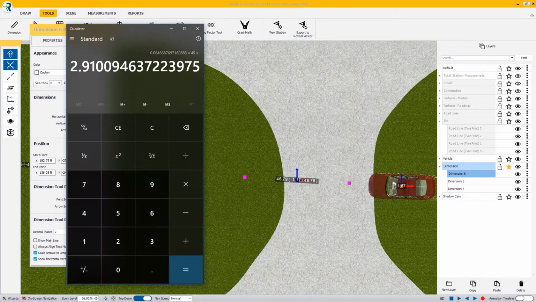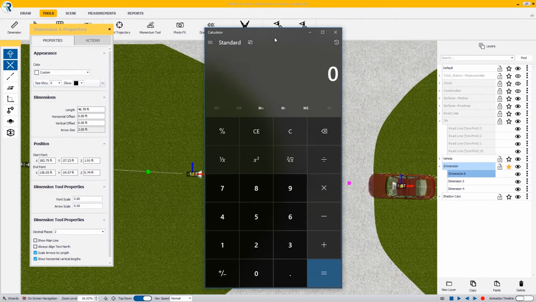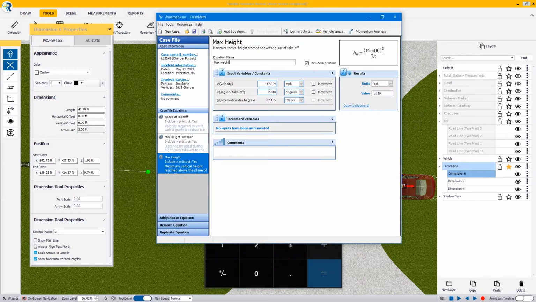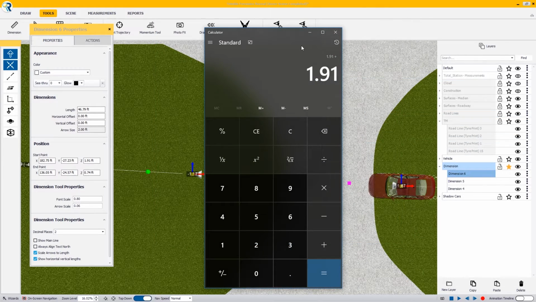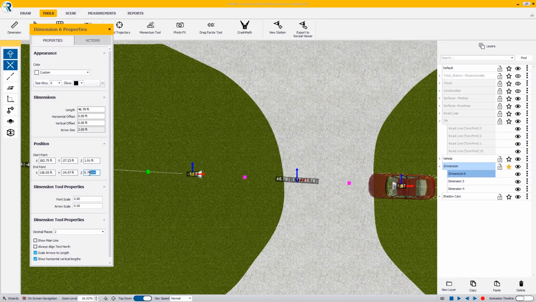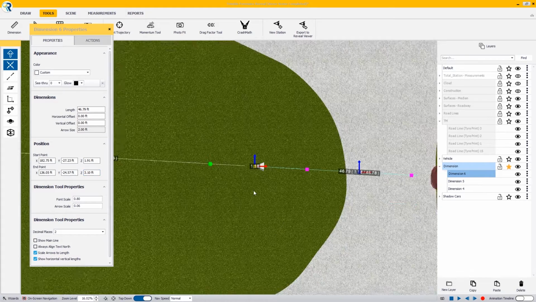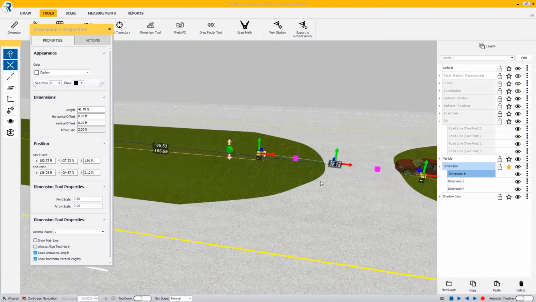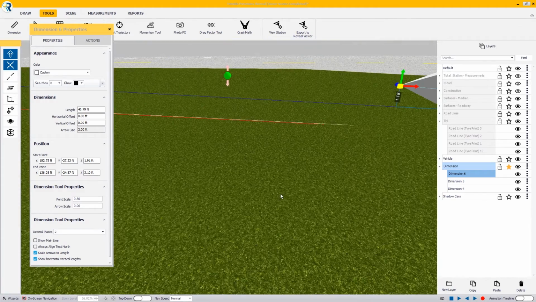Let me get out my calculator because I can't do that one in my head. So we take 1.91 plus, I've already forgotten it, 1.189. That gives us a height of 3.099 feet. So I'm going to input that value here, 3.099. And we are set. So now we have a point